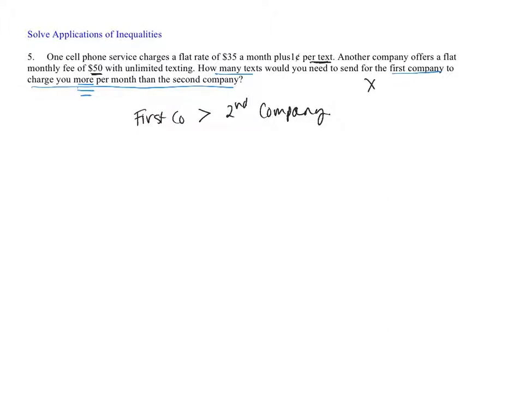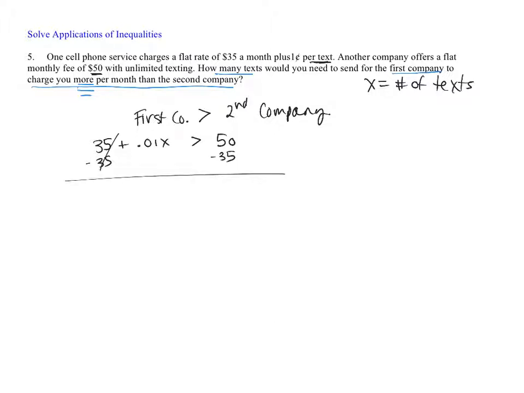So we want the first company to be more than the second company. And let's let x equal the number of texts. Okay, so that first company, it has $35 that you pay, and then for every text, it's 1 cent. All right, and then the other company is just a flat rate of 50. So there's an inequality I can solve. Subtracting 35 from both sides, we would get 1/100th x is greater than 15, and then you divide through by 1/100th, and you get x is greater than